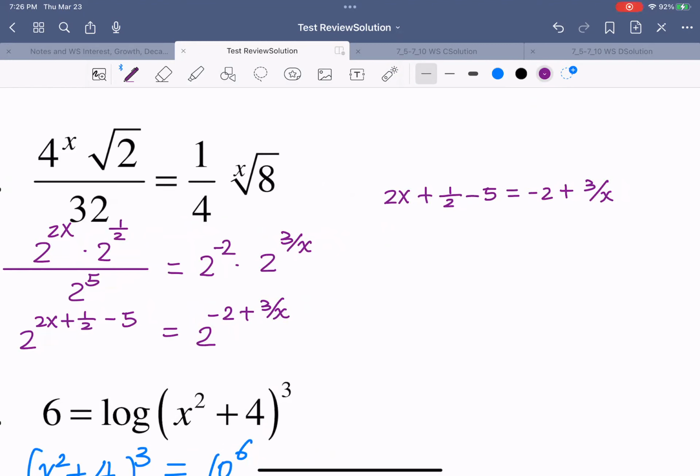2x is the least common denominator, so everybody times 2x. The first term becomes 4x squared plus x minus 10x, equals -4x plus 6. Good. And then when you move around,